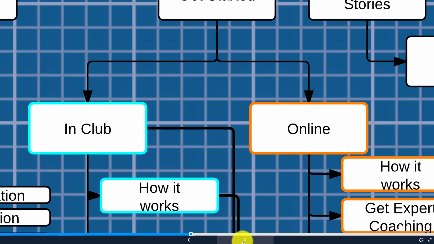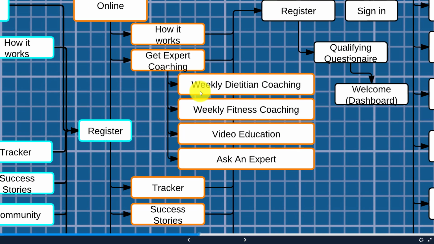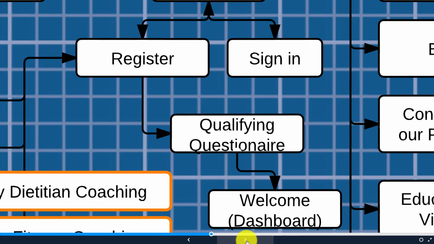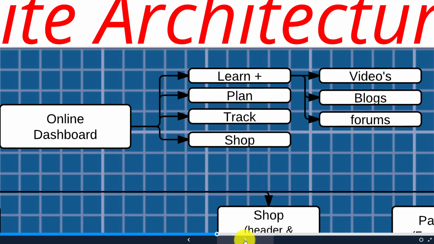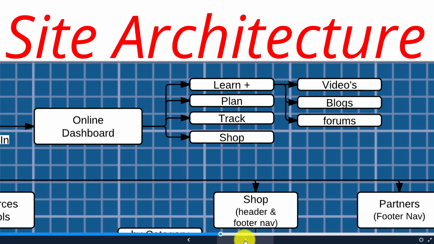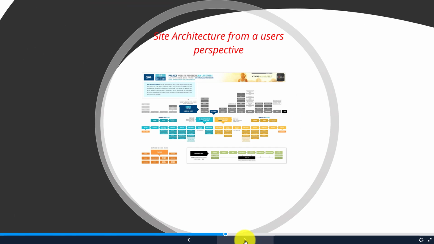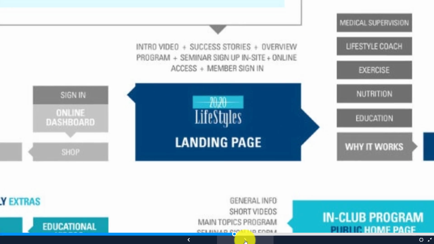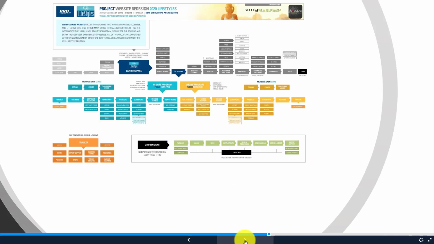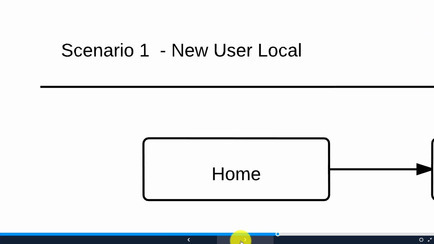And then they can choose the in-club or online version, and then they can see the different options that they have for coaching. They can register, sign in, and then make use of that app version. We have some more information architecture user flows that we've built out here, as well as these more